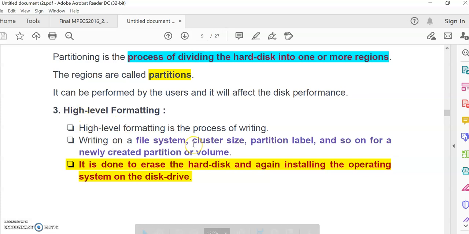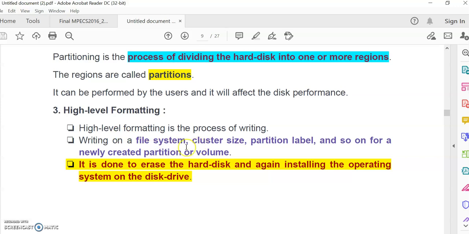Now for this high level formatting, the user can use different partitioning tools. Even with the help of the command prompt you can do it. In Windows 10 there is a utility, with the help of system settings, you can format your particular partition and install any new OS or just add some data into that partition.